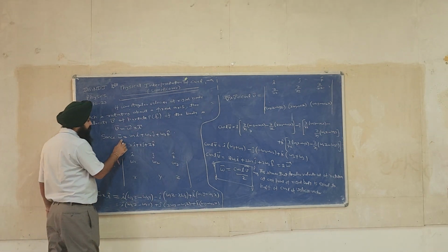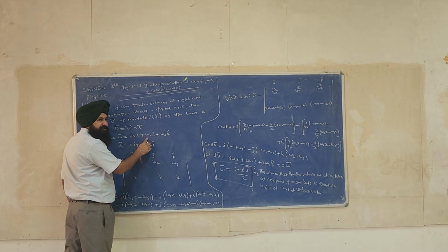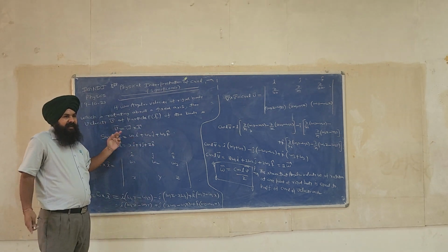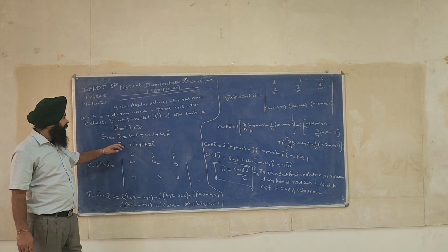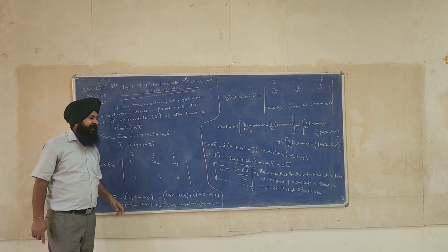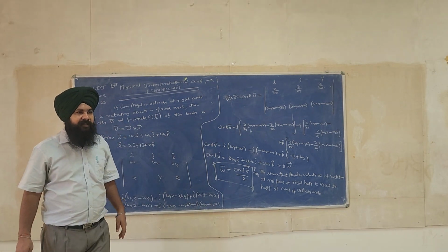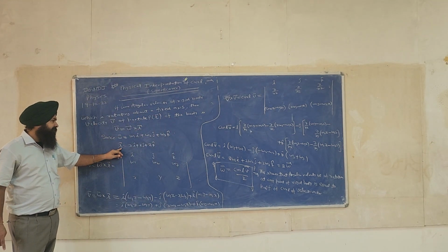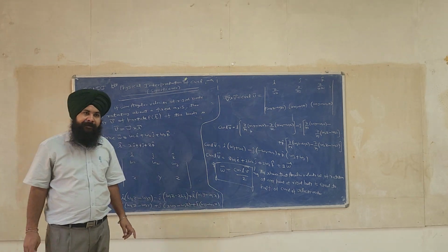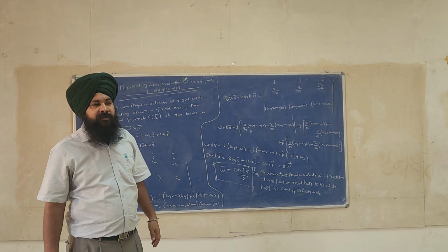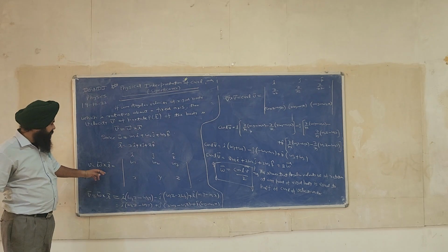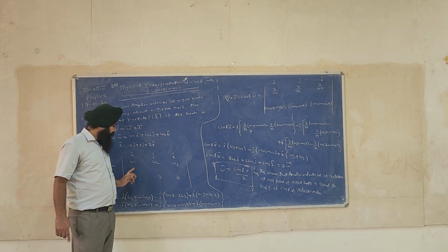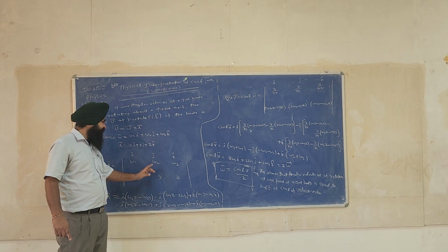Omega is equal to omega 1 i cap plus omega 2 j cap plus omega 3 k cap. You can take x also, but for the sake of simplicity we will take omega 1, omega 2, omega 3, and r is the position vector of that particular point P, which is basically x i cap plus y j cap plus z k cap. So what is omega cross r? It is simply the cross product of omega and r, the determinant with rows omega 1, omega 2, omega 3; x, y, z; i, j, k.